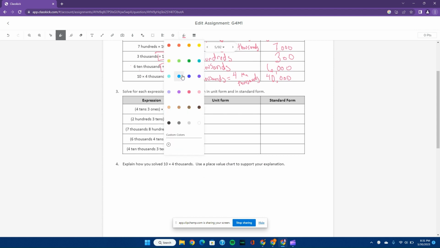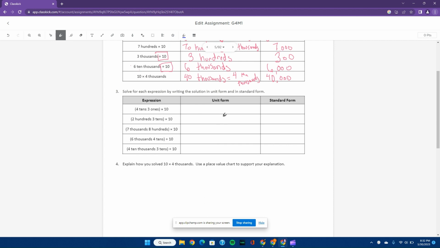Number 3 says solve for each expression by writing the solution in unit form and in standard form. So 4 tens, 3 ones times 10. So 4 tens, 3 ones, that would show the number 43. 4 tens would be a 4 in the tens place, and 3 ones would be a 3 in the ones place, times 10 would make 430. So probably the easier way to do this is to think about what the standard form would be first